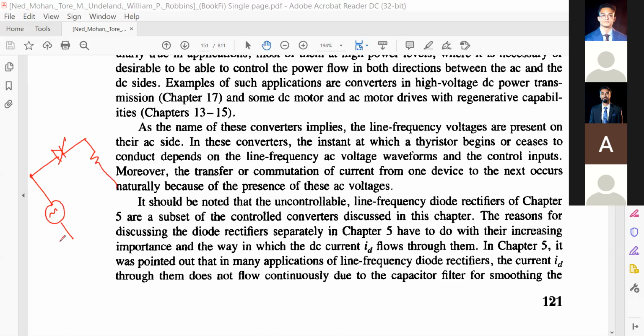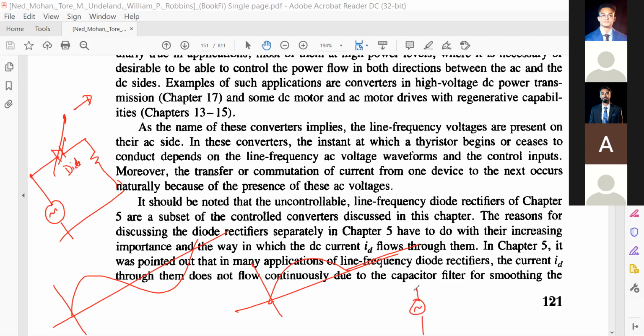Suppose this is the resistance here. So the input voltage is like this. If you replace this one with a diode, then what will be the output voltage? We'll get it like this, right? If this thyristor is replaced by a diode,